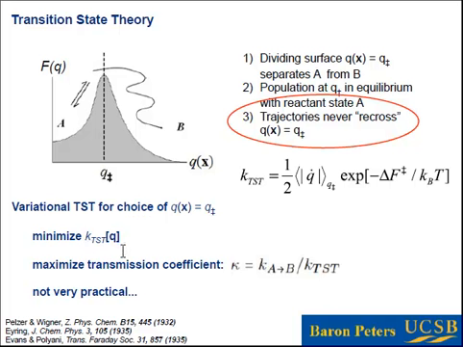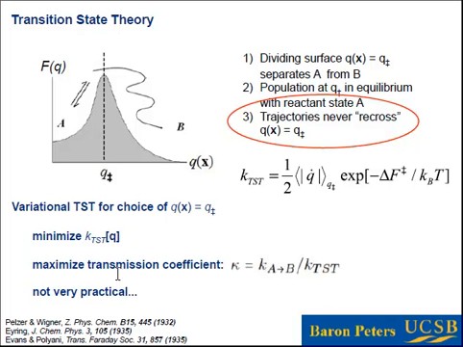In the parlance of more modern theories, people talk about transmission coefficients, and there you have the ratio. The transmission coefficient is the ratio between the true rate constant, which doesn't depend on which coordinate you pick, and the transition state theory rate constant, which does. Now, clearly, if you're minimizing this transition state theory rate constant, and the true rate is an invariant property, then what you're doing is also maximizing the transmission coefficient. So we can try different coordinates, and we can check and see which coordinate gives us the largest transmission coefficient.